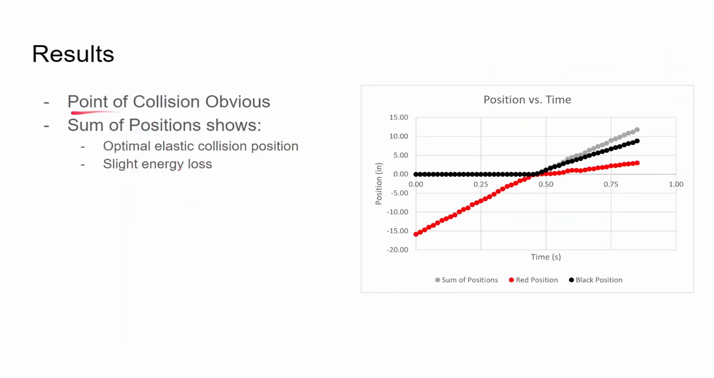As for the results, the point of collision is obvious, as previously mentioned, right around just under half a second. Sum of position shows the optimal elastic collision position and slight energy loss. The sum of positions is this little gray dot that I added to see that the change, the slope in the position, is almost perfectly linear. It's slightly off center, but it's close to linear, meaning that all the momentum was transferred. Though this slight off-center can be further explained in the next slide,